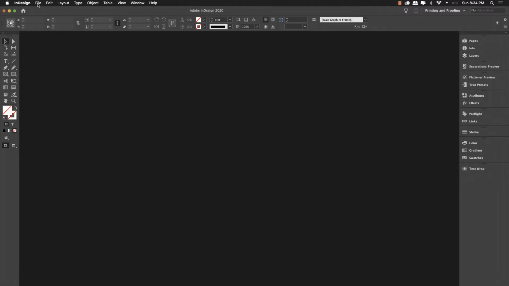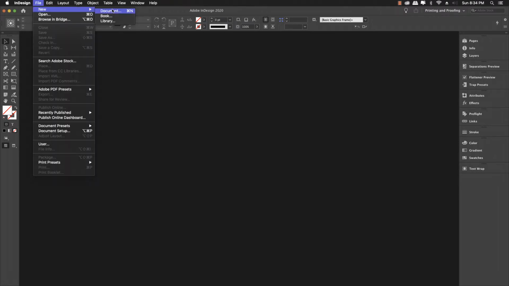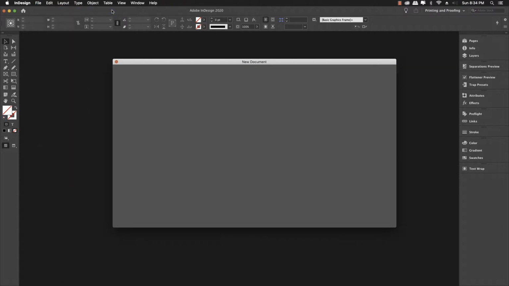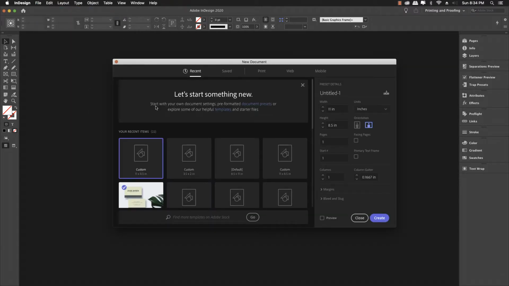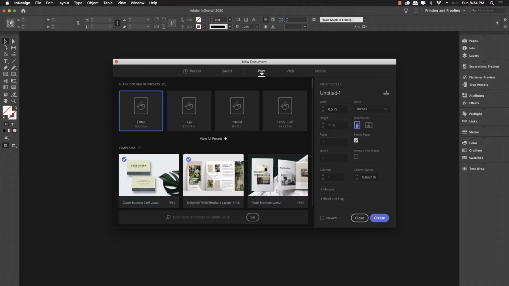So to start a new project, we're going to go under File, New, and Document, and we'll have this panel that will show all the different templates available to us depending which tab we have selected on the top. Now let's click on the Print tab to see all of our templates available to us. Whenever we work with a print document, there are some options on the right hand side, such as width and height, whether the document is going to be portrait or landscape, number of pages,